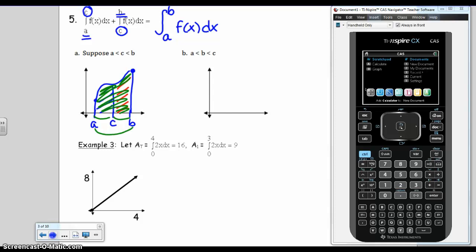But what happens if c is not in between a and b? Let's suppose that c is greater than b. Does this theorem still hold true? And it wouldn't matter if c was less than. We could also do it that way. So if we take the area from a to c, that's this entire area,